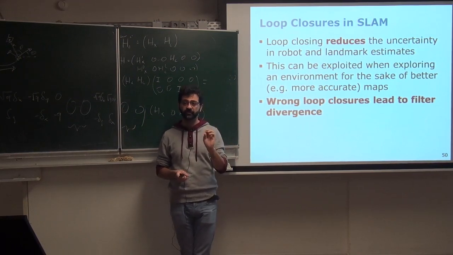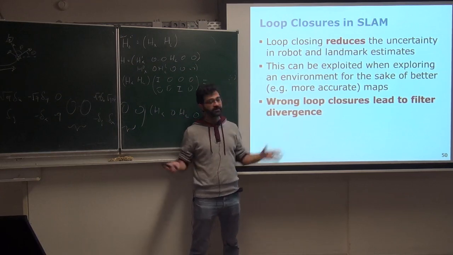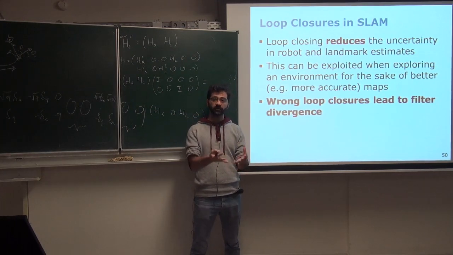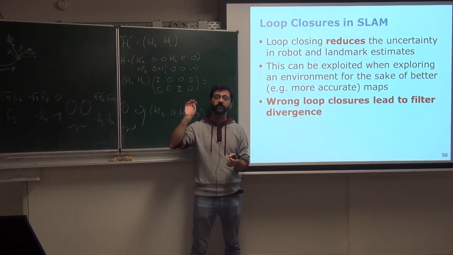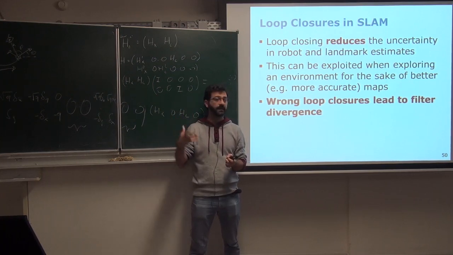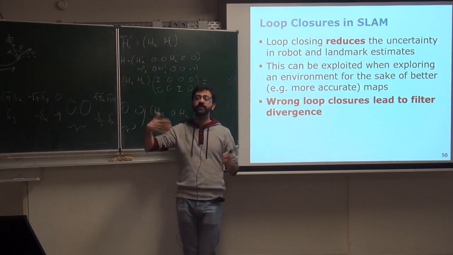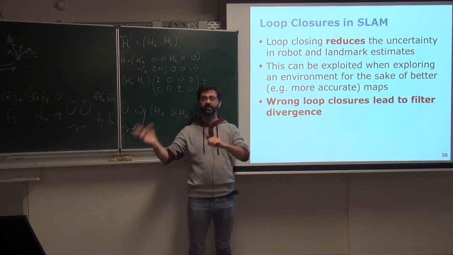The reason is that the whole estimation framework assumes that the measurements are correct, and the only thing it takes care of is reducing the uncertainty, using the uncertainty notion to get a better estimate. But if what I'm telling you is completely wrong, then you will end up with a wrong estimate. Wrong measurements, in principle, should be measurements that bring you no information at all. But since the notion of being correct or wrong is something more high level, you need to be careful